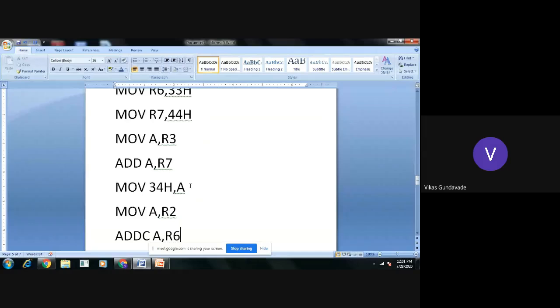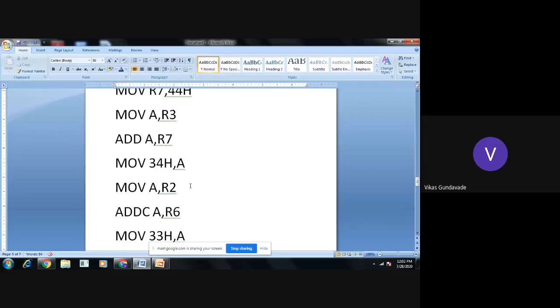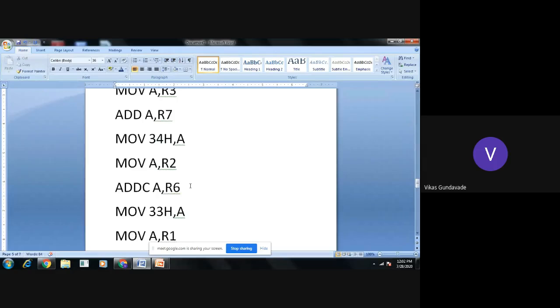So the addition will be with carry, and the instruction will be ADDC A, R6. So R6 and the accumulator contents get added together, and the result is transferred into another memory location, 33H, by the instruction MOV 33H, A.